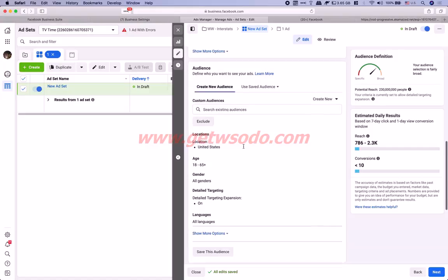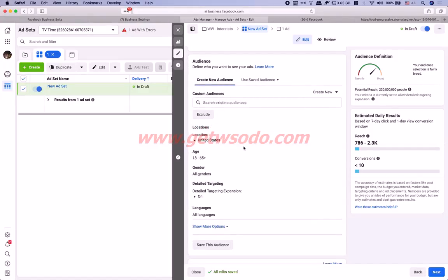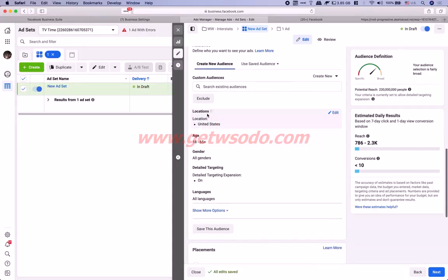the start date, and scroll down to where it says audience. For audience, what we need to do, pretty much, because from ClickBank, the first thing is location. I mean, the first thing is custom audience. Here is where we're going to be using lookalike audiences later on, but right now just leave it blank. For location, pretty much ClickBank offers are allowed all around the world because it's a digital product. So basically everybody from any point of the world can purchase the product because, like I said, these are digital